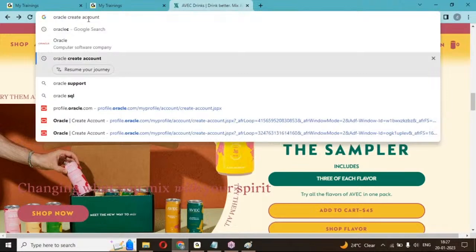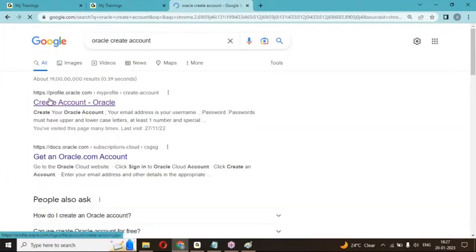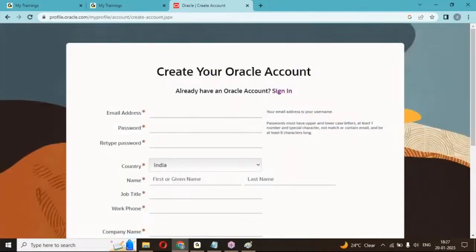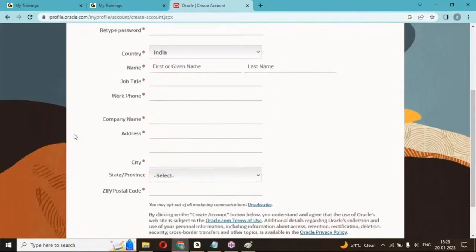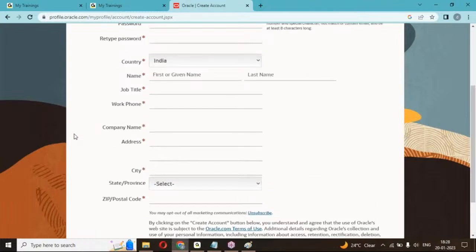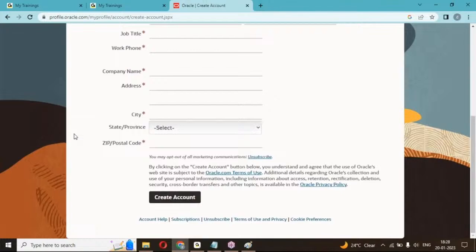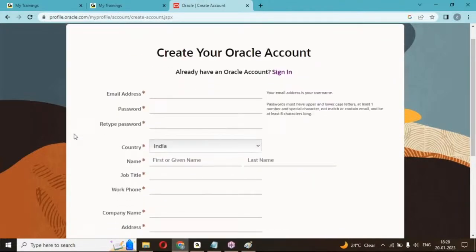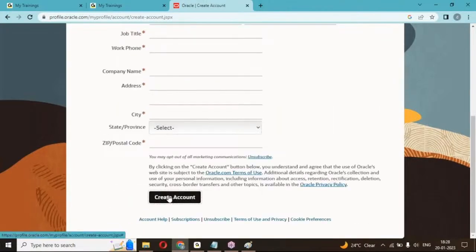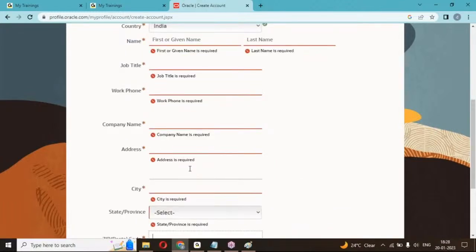Oracle create account. If you check that Oracle create account page, see here. When you want to create your account with Oracle, it will give you one front end page for us. In this front end page, you can see the submit button, email address, password, role type, country, company, work, city. See, all this information you can see. Once I click on create account, you can see all the red color error messages. These error messages, buttons, text boxes, radio buttons, drop down lists,